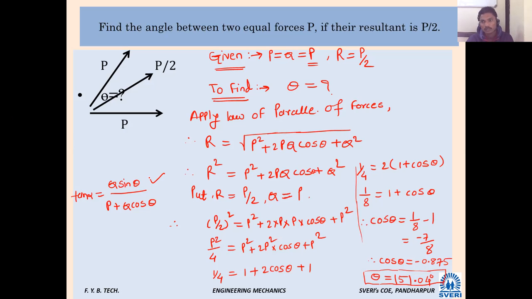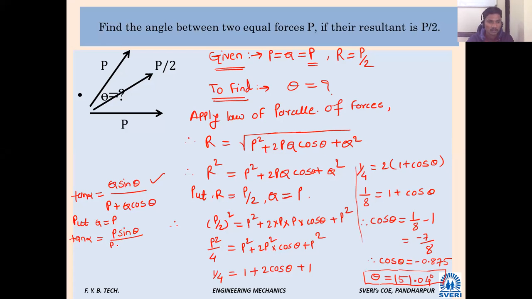Put the value of Q as P there. You can put P sin theta. If you put Q equal to P, or P equal to Q, either one, what will happen? Tan alpha is equal to Q sin theta divided by P plus Q cos theta, and if I put Q as P, it becomes P sin theta divided by